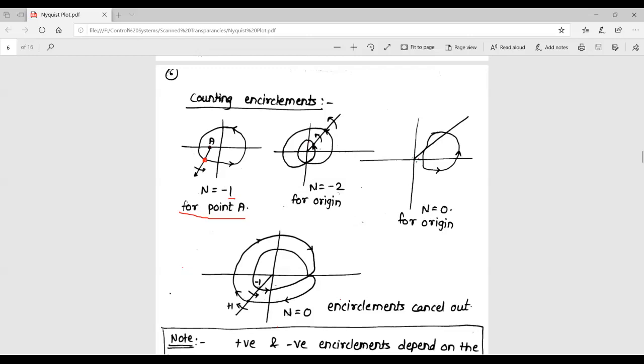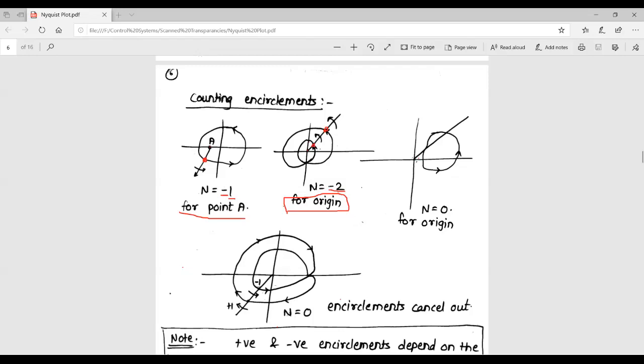So for solving these problems, we will assume that the original contour is in the clockwise direction, and so anti-clockwise encirclement is denoted by a negative sign. It is crossing once in anti-clockwise direction, and that is why the encirclement is -1. Similarly, here the encirclement around the origin: from the origin we draw a line and see how many times it is crossing. Here it is crossing once, and here once, and in both cases it is in the anti-clockwise direction, and so -2 is the encirclement.